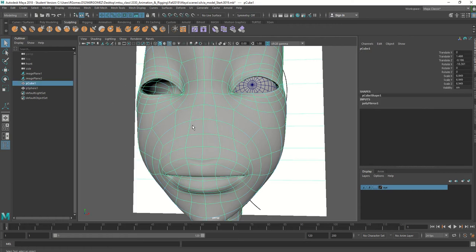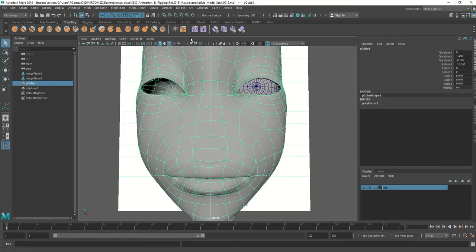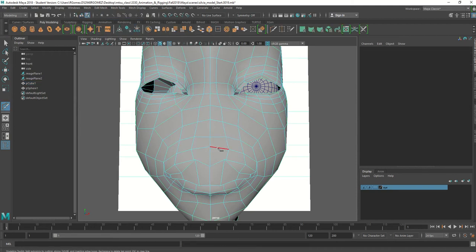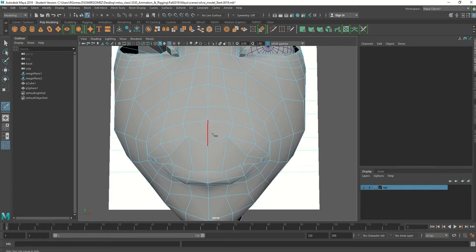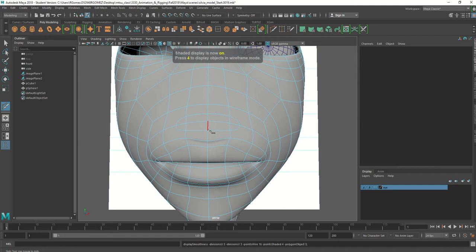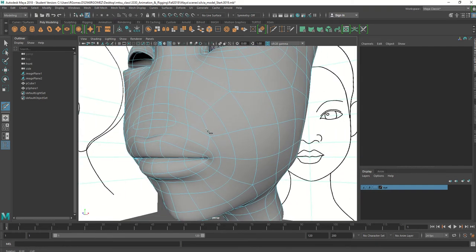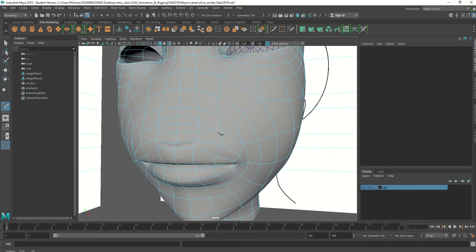I'm going to select this. I'm going to grab my multi-cut tool, go to 1, and I'm going to cut not a diamond in the center, but a diamond across 2 edges. So I'm going to go here, to there, to there, to there, down there, back here, and then close it again. So if I smooth it, she's got that thing right above the, shoot, I did it